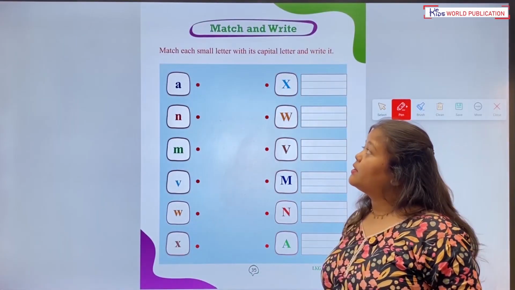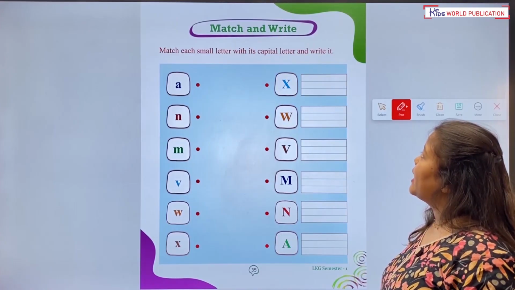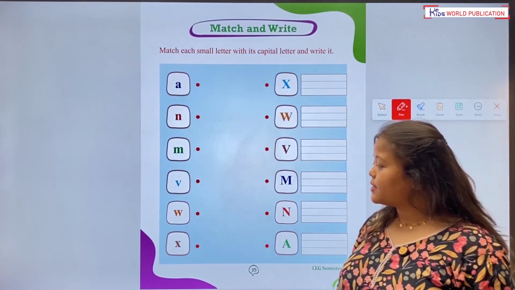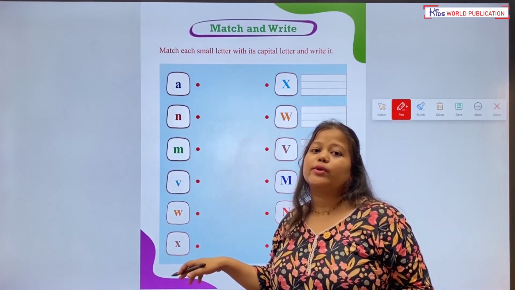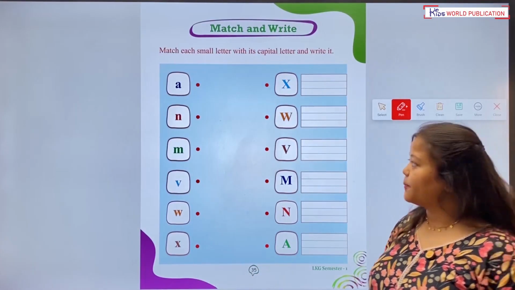Match and write. Match each small letter with its capital letter and write it. So kids, we will match small letter to its capital letter and also write here in the given space.